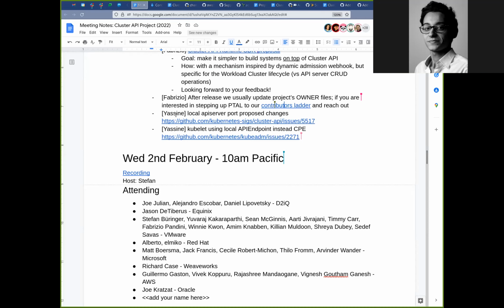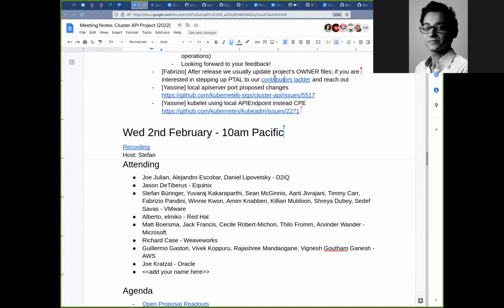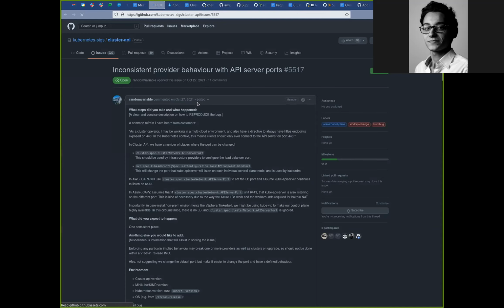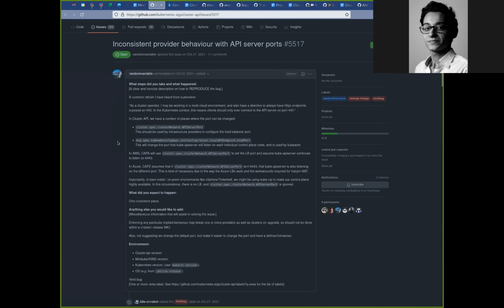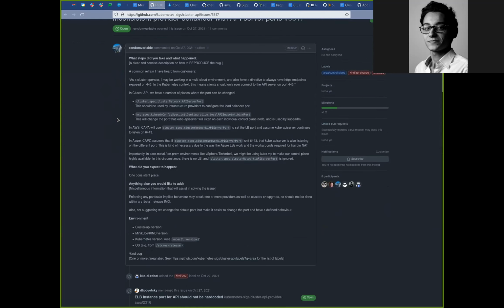Yeah. So over the past week, I've been looking at some inconsistencies between our providers, and the first one that I stumbled across is the way we are enabling users to set the local API server port.